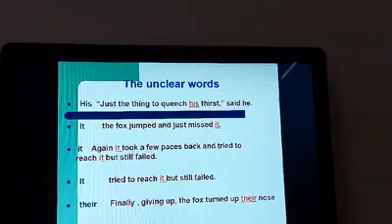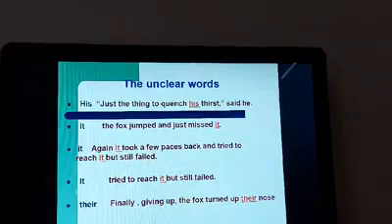Again, "it took a few paces back and tried to reach it." Again, it is another problem, and we really don't know what "it" means in "reach it". It means maybe the bunch or maybe the grapes, but it still failed. So it should be changed because it is not clearing the meaning. It is not very specific about its noun. So using "it" as a pronoun here is making the thing unclear.